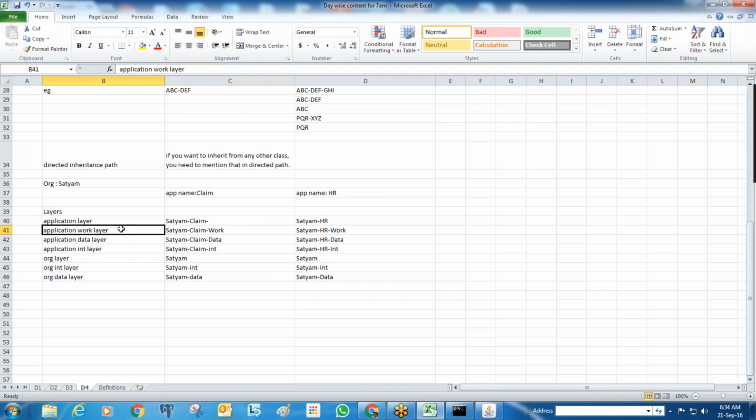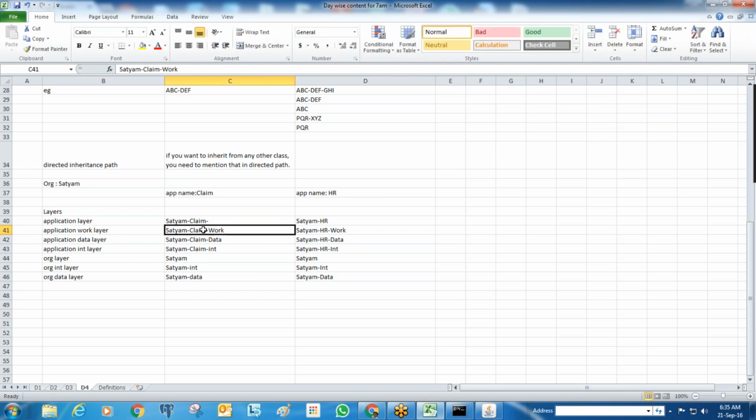Just to follow a design pattern, let's say if you're building a web application, we follow MVC architecture. The system won't stop you from creating an application without following any structure. So why do we follow patterns? To make things more manageable. If you follow the pattern, it is easier to manage the application and the project. So here also, to make the application easier to manage, the system is creating three layers.